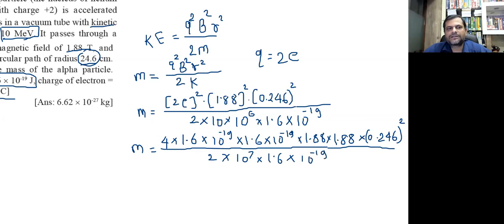Okay, so here we can see clearly that the 1.6 into 10 raised to minus 19 will just get cancelled in numerator as well as in denominator. So what we are and even ये 2 जो है वो भी cancel हो जाएगा। देखो this 2 gets cancelled with this 4 leaving behind 2 here. So what we get finally is mass is equal to 2 into 1.6 which becomes 3.2 into 1.88 उसका स्क्वायर 1.88 का स्क्वायर और into ये 0.246 का भी स्क्वायर and that is multiplied with